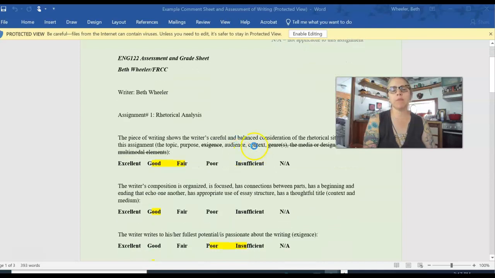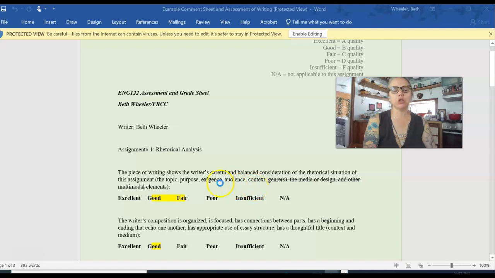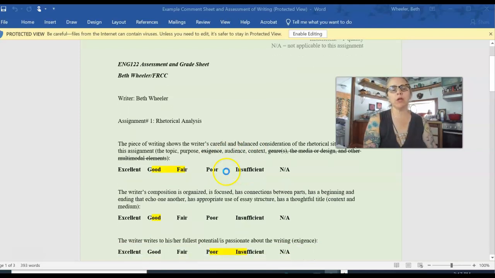And what I've done is I've come up with some criteria, and each of the criteria are related to the elements of the rhetorical situation. So you'll see in the first criterion that I've scratched some things out because for essay 1 we were only practicing with topic, purpose, audience, context. And you know for essay 2 we've moved on to genre and exigence. So every time we have a new essay, more elements of the rhetorical situation will be practiced, and then more will be revealed.